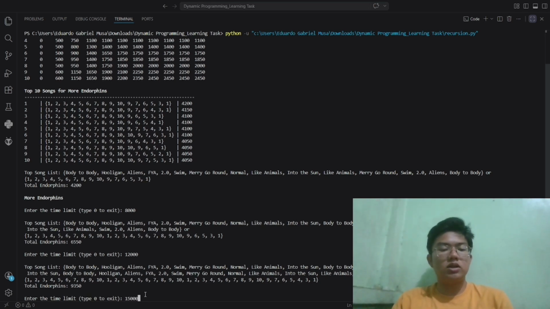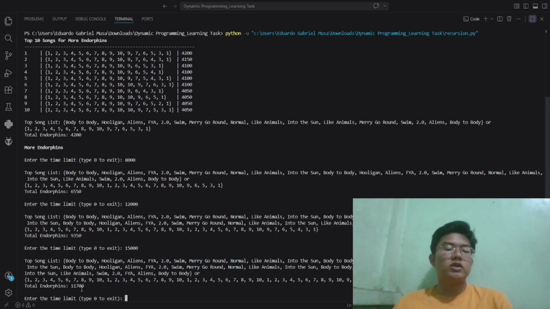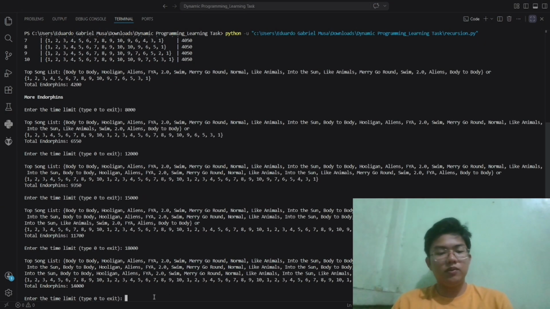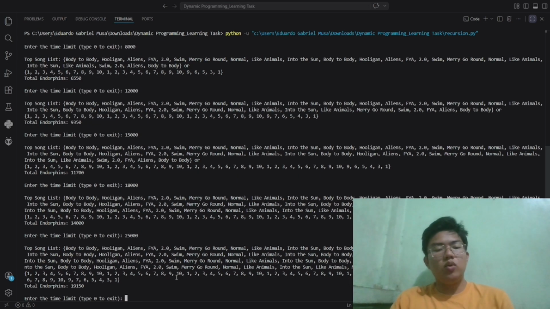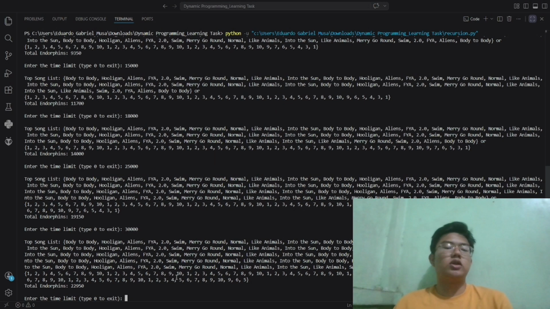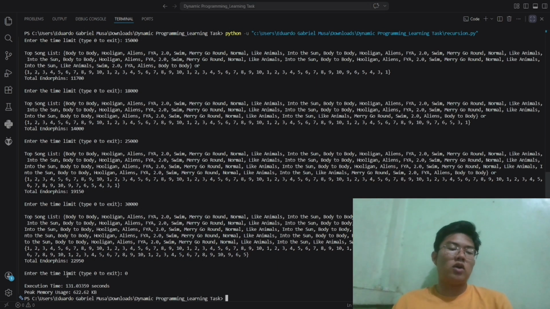And for 15,000, we can get 11,700 endorphins. For 18,000, we can get 14,000. And for 25,000, we can get 19,150. And lastly, if we wanted to go to 30,000, or 30 seconds, we can get a total value of endorphins of 22,950. And once we exceed it, we can get out our